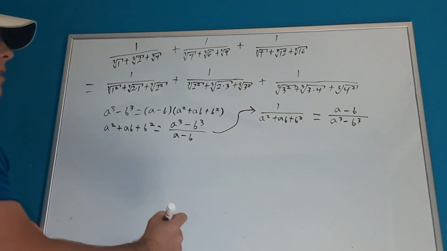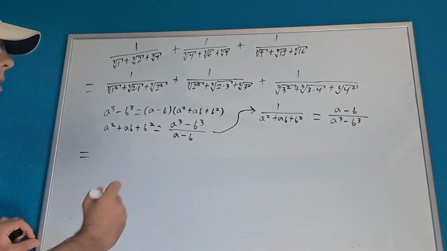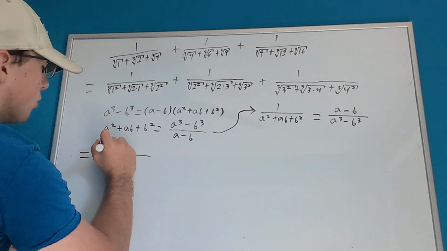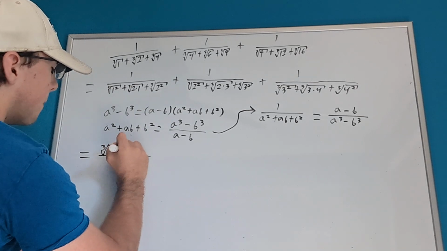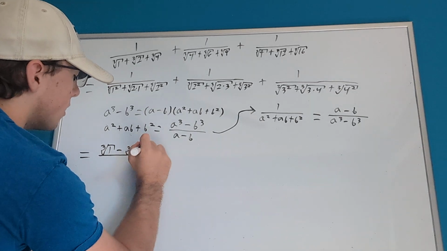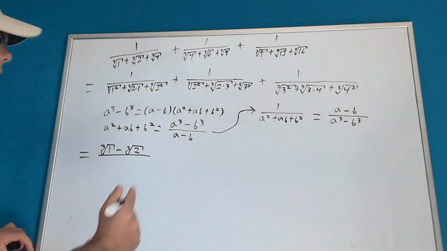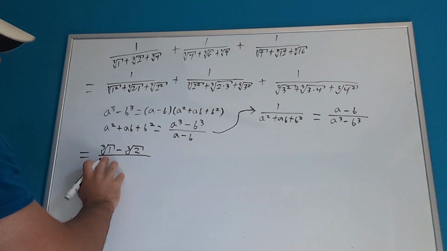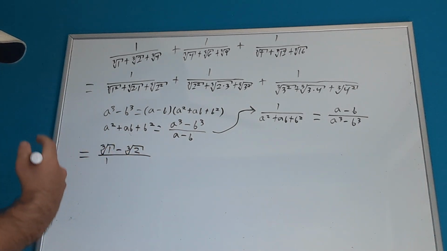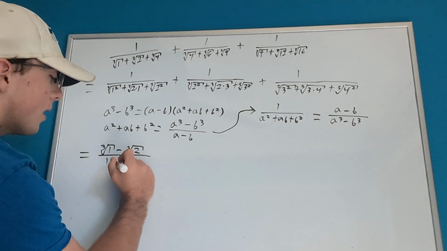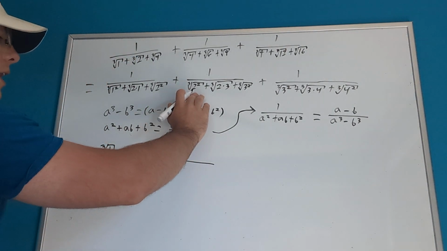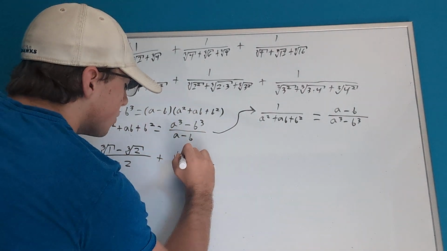Don't make that mistake. So then we can take it, and we go down here, and a minus b on the top. So we get the cube root of 1 minus the cube root of 2. Then over a cubed, right, is the cube root of 1 cubed. That's 1. The cube root of 2 cubed is just 2, right, minus 2. Then plus, and here we have the cube root of 2, right,